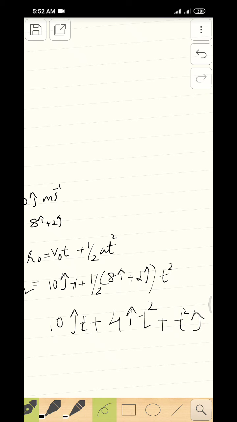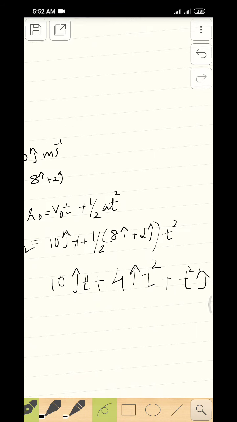Now we can combine the i cap and the j cap terms. So 4 t square i cap